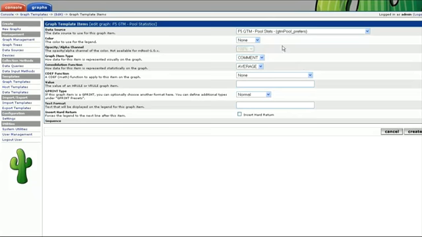And then we want the max. And now that we're done with that data point, we'll insert a hard return and move on to the next data point,